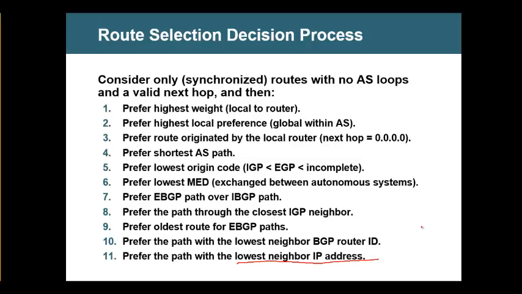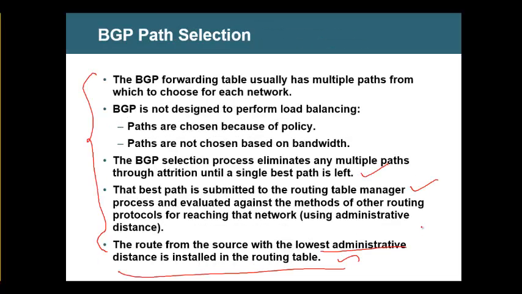It is a very rare chance for the router ID to be the same. Even if it is the same, the 11th point will be a tiebreaker. There won't be a tie anymore, because in a network, every single IP address is unique. One will definitely be lower than the other. So now if you read this point, you will understand better. It eliminates multiple paths and picks only a single path. Definitely it can do it with the help of this